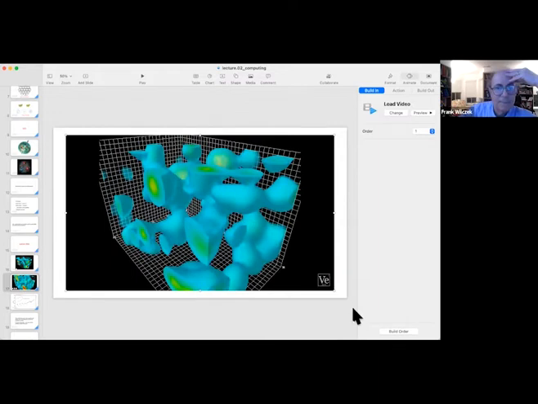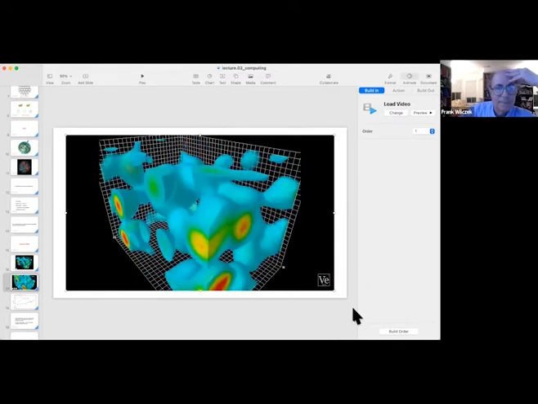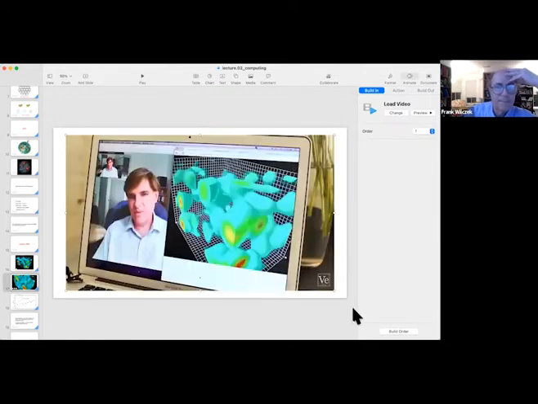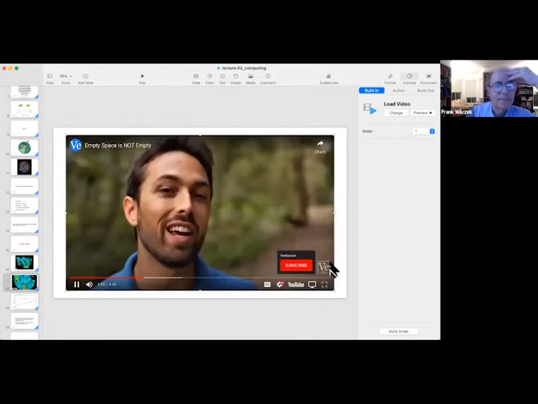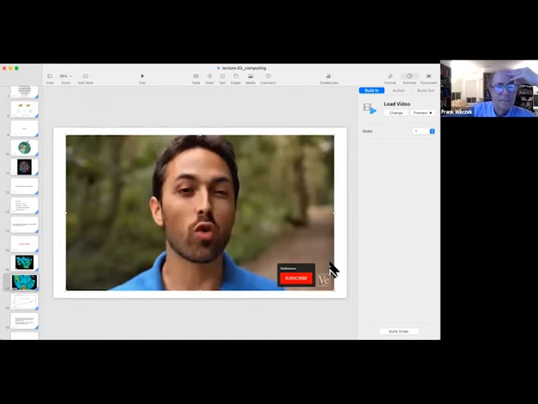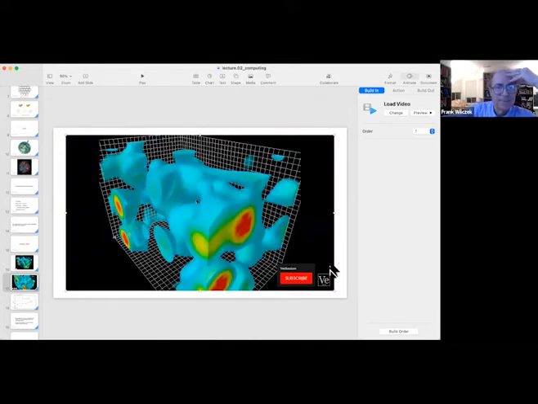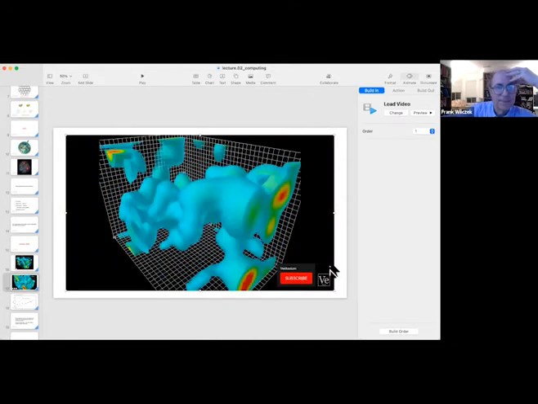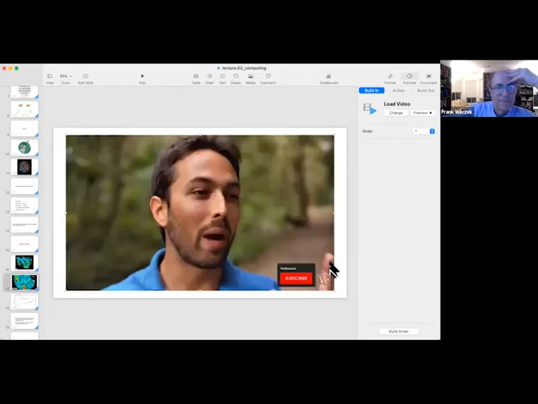Where the red spots come out, the energy density is very high. It fades down in color. The lowest energy field fluctuations are not rendered in this animation, so we can actually see into it. And what we see is a bubbling soup of quantum field fluctuations that come and go incredibly quickly. The frame rate of this simulation is 1 million billion frames per second. Now that is truly high speed. The dimensions of this box are absolutely tiny. They are millionths of a billionth of a meter, roughly enough space to stick 2 protons.